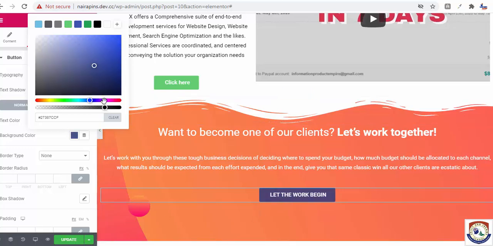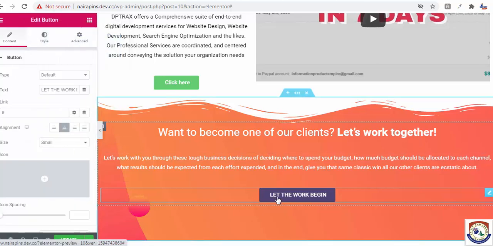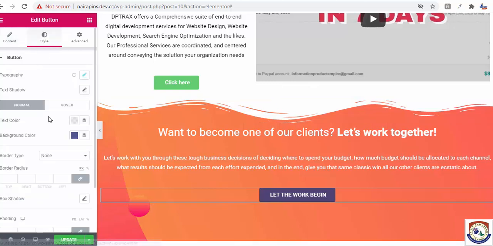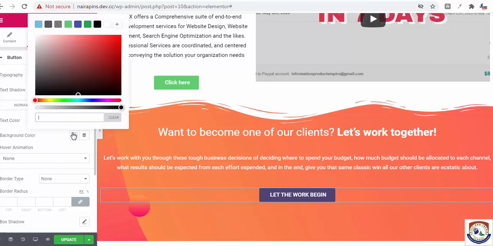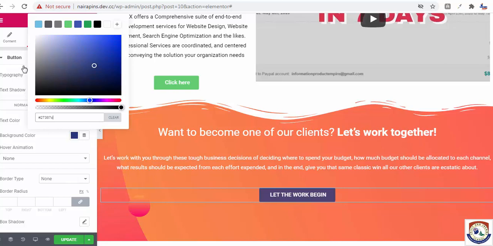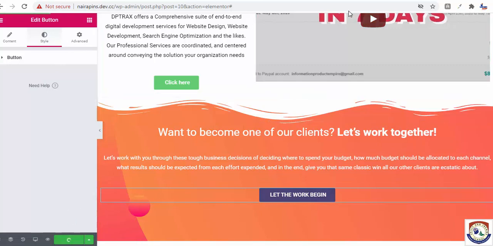So I'm going to go over to the hover section, the styling. The text color, then the background color. Now the background color will be this. Okay, with this. Now if I hover over it, can you see? We have achieved that. So we can update your records.